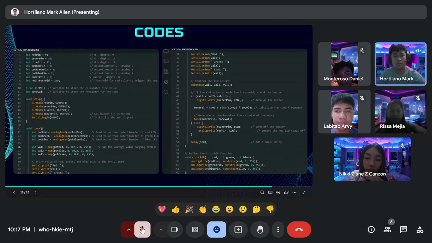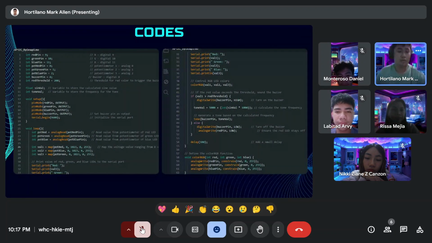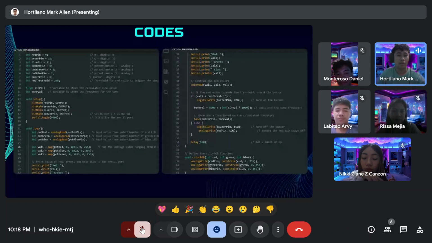And for the code, this is an Arduino project that controls an RGB LED and a buzzer using potentiometers. So for the variable definitions, we declare red pin, green pin, and blue pin. These integers define the digital pins 9, 10, and 11 connected to the RGB LED. The pot red pin, pot green pin, and pot blue pin